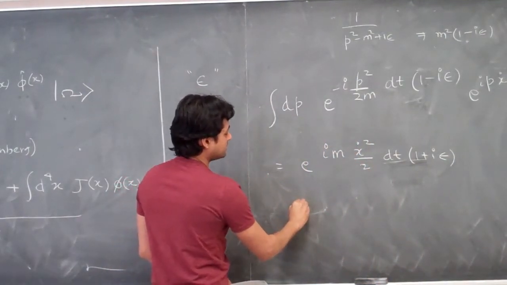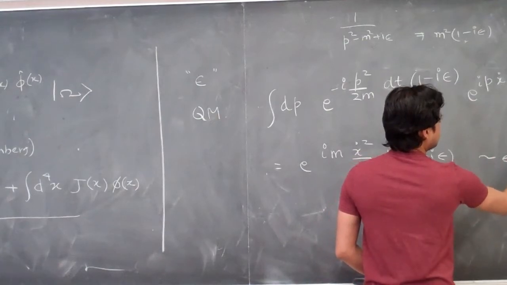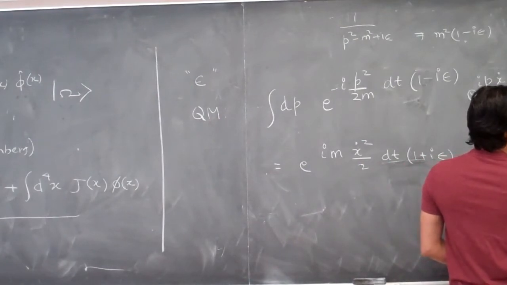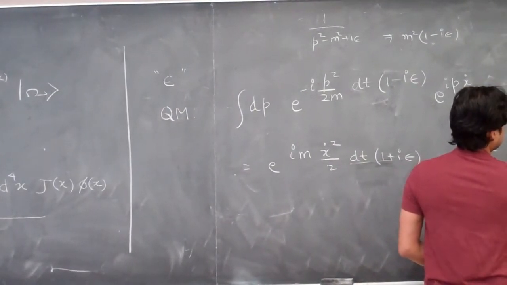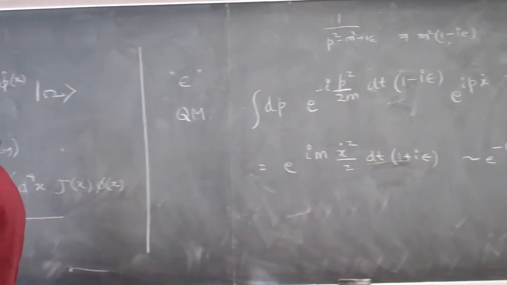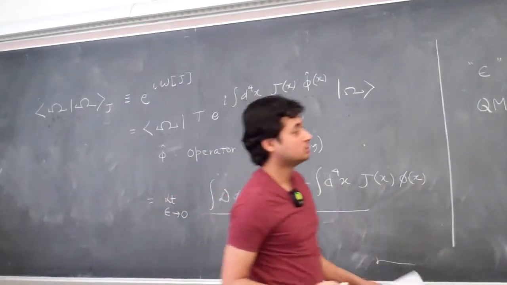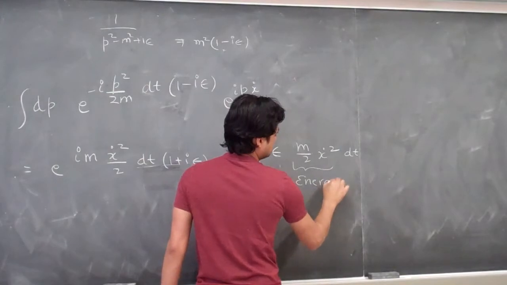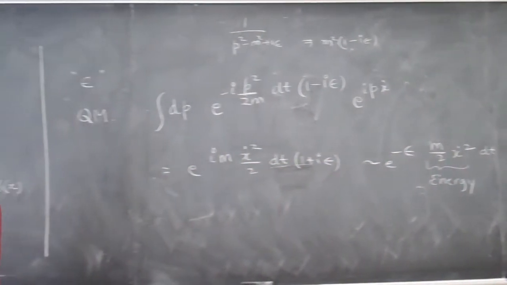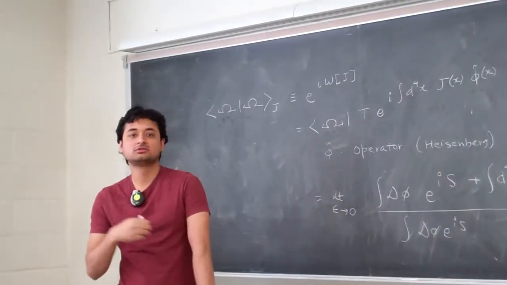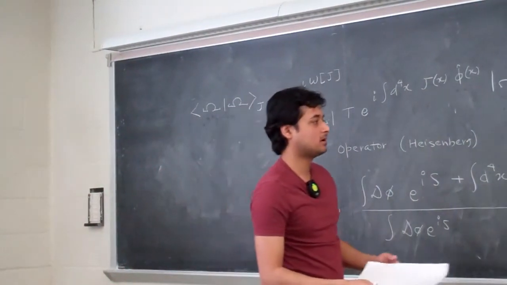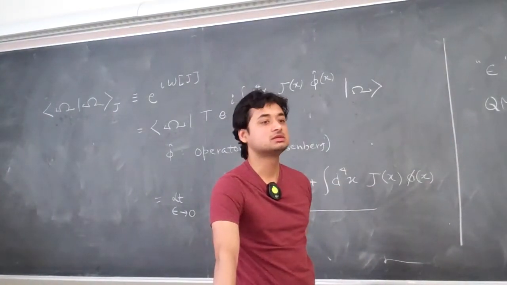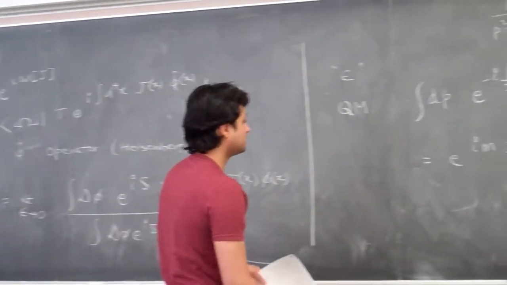Anyway, the point is this scales as e to the minus epsilon times m over 2 x dot squared. So recall, this is the energy of the free particle. So it's a positive quantity, and epsilon is positive. Epsilon goes to 0 from above 0. So this is a well converged quantity. Okay? So this is how we are regulating the path integral in some sense. The same thing will happen for the